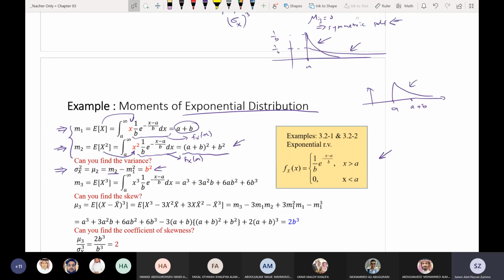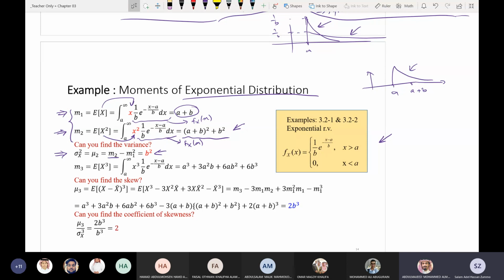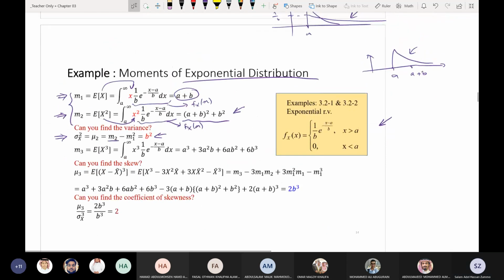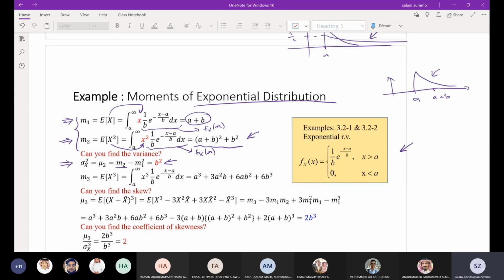Is that clear, guys? Yes. Yes, Doctor. Clear. Any questions? Okay, we'll stop here and next time, inshallah, we'll continue with the rest of this example and other examples. Any questions, guys? Time is up, so